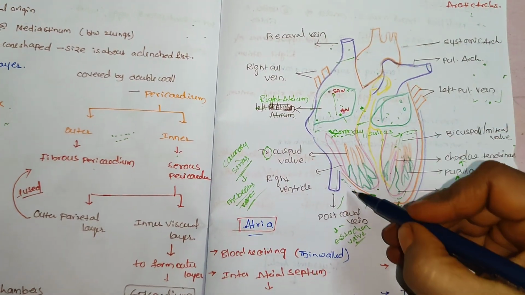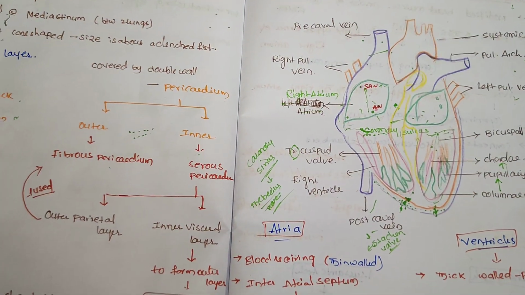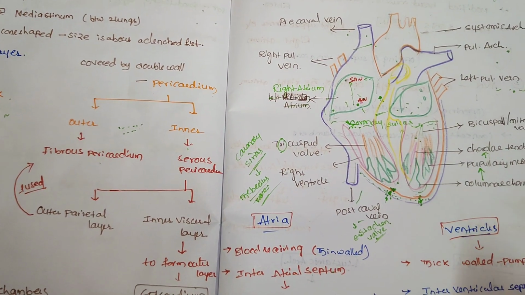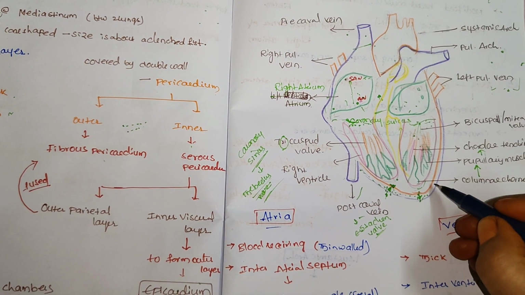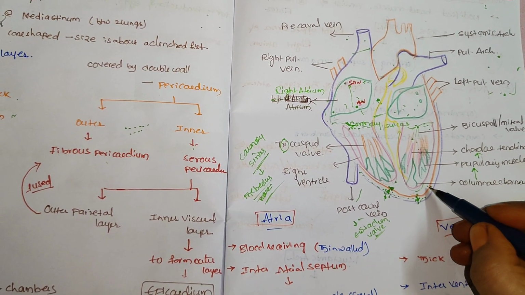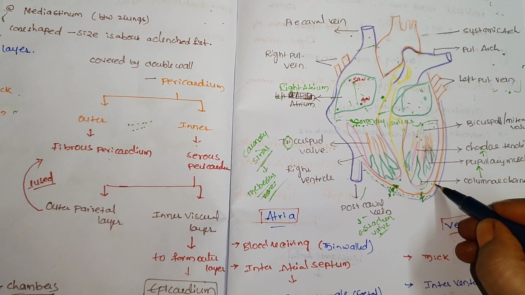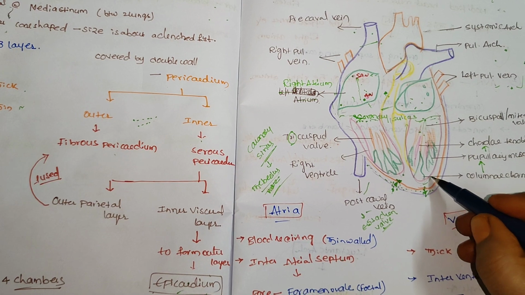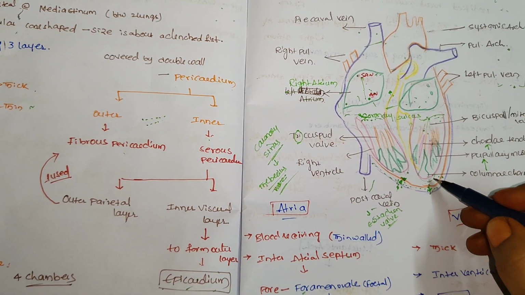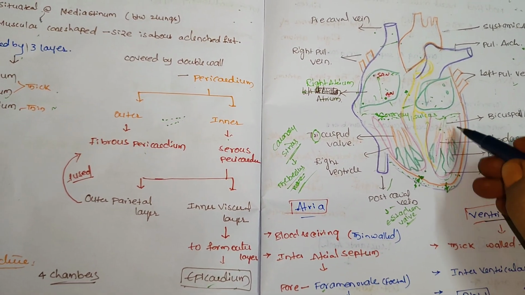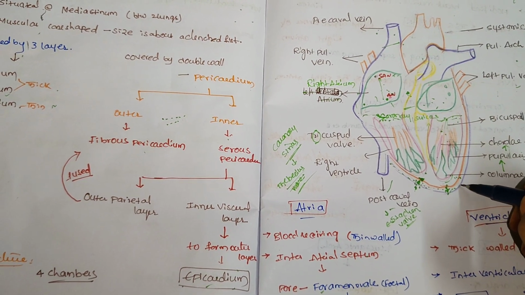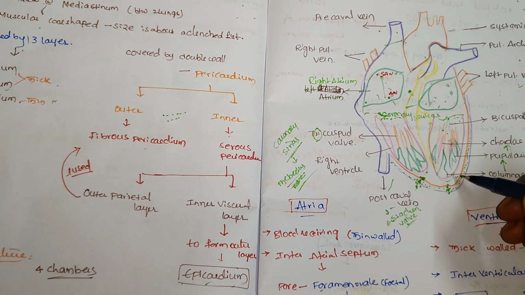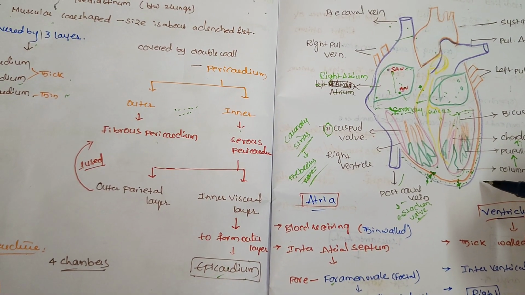And the heart is covered by the double layer that is called pericardium. In the pericardium, outer fibrous layer, inner serous layer. In the inner serous also again outer and inner. In the serous, outer is attached to the fibrous that is parietal layer. Inner serous layer attached to the epicardium. So that is the serous layer. In this two pericardial space, we have a fluid that is pericardiac fluid that will protect the heart from the